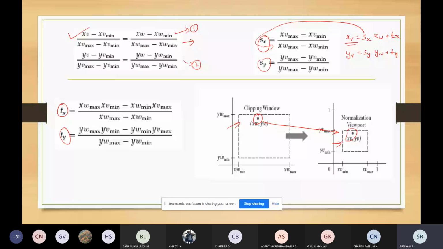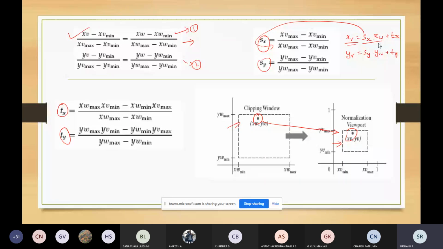After that you will perform the translation. So, in simple terms, scale the clipping window to the size of the viewport and then perform the translation.